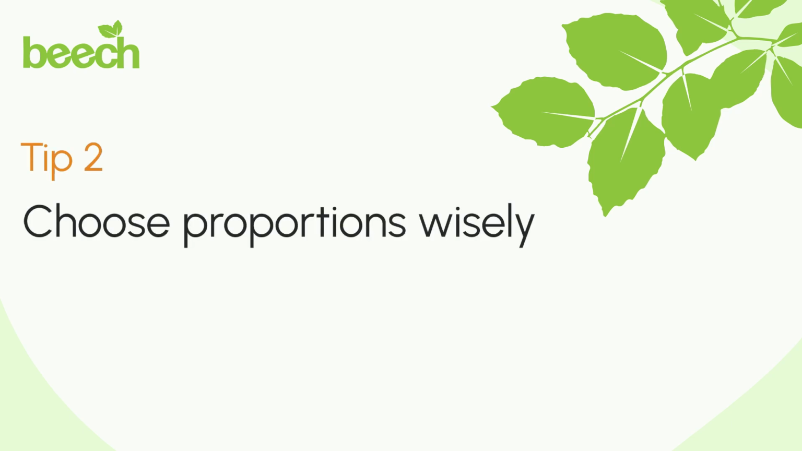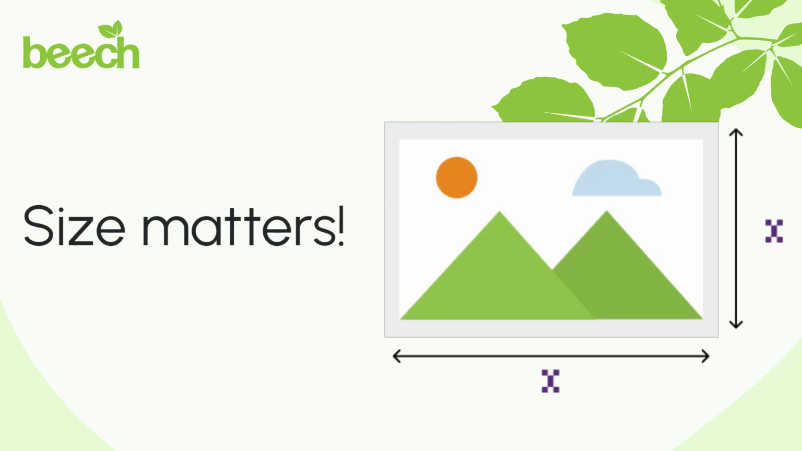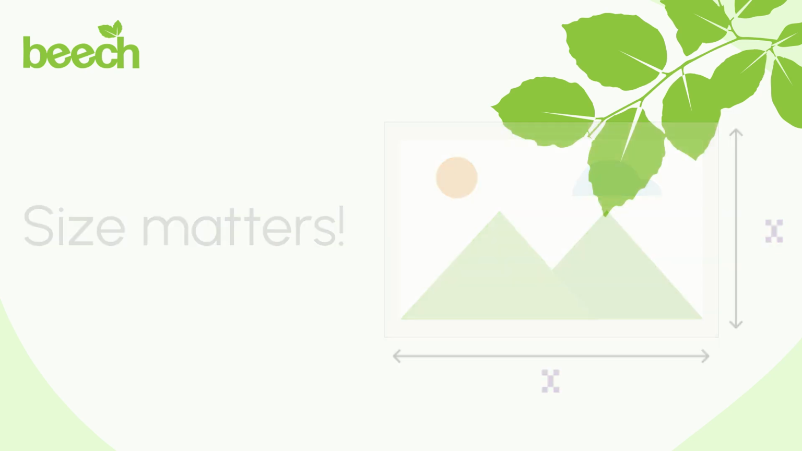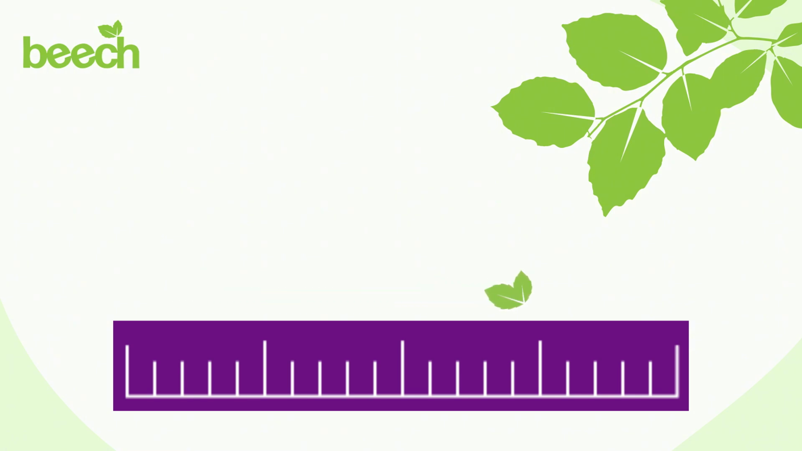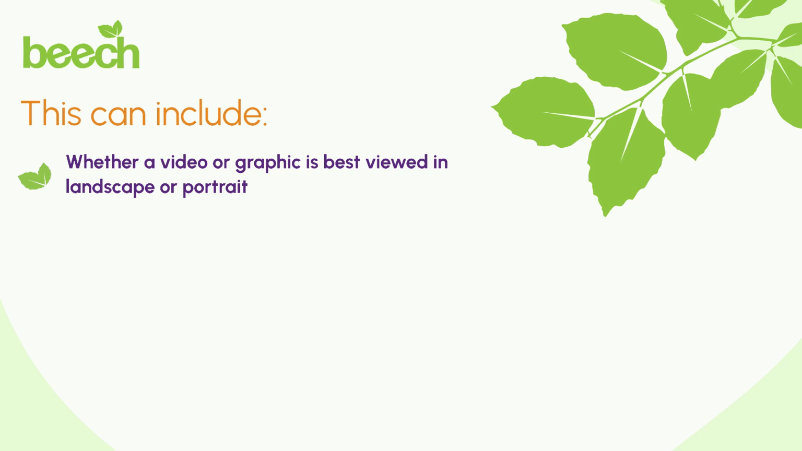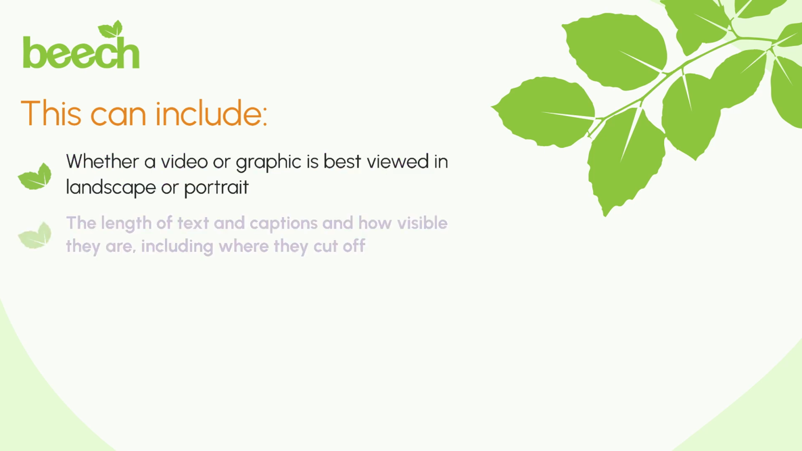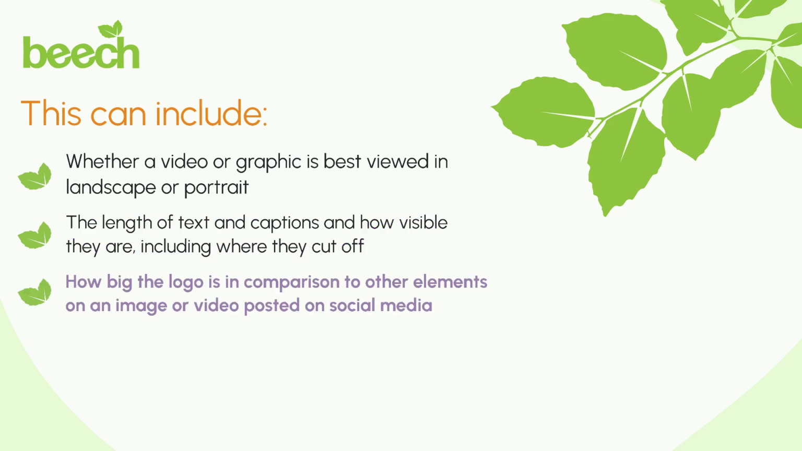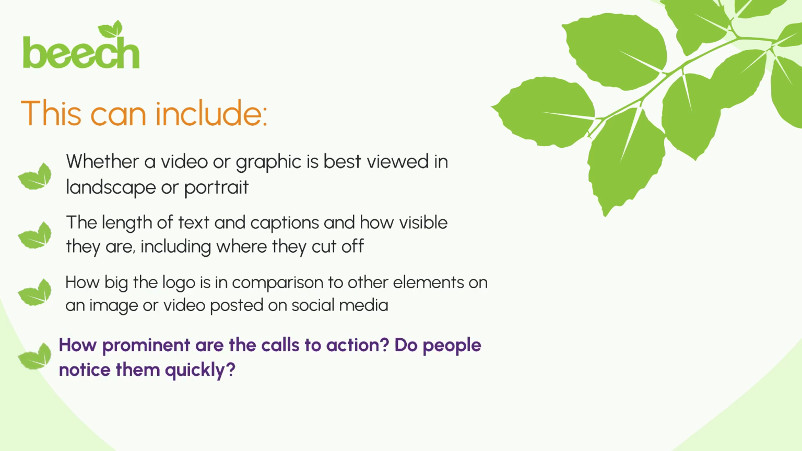Choose proportions wisely. Size, it turns out, does matter. If we're scrolling through the timeline and a video doesn't fit on the screen, it's fair to assume we're more likely to click away. Tailoring content for a platform also means considering the sizing recommendations for the audience. This can include whether a video or graphic is best viewed in landscape or portrait, the length of text and captions and how visible they are, including where they cut off, how big the logo is in comparison to other elements on an image or video posted on social media, how prominent are the calls to action,